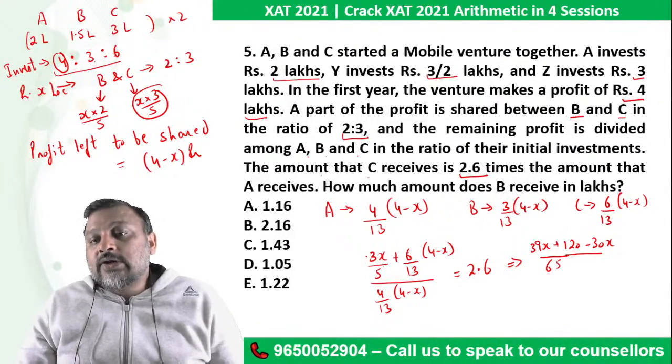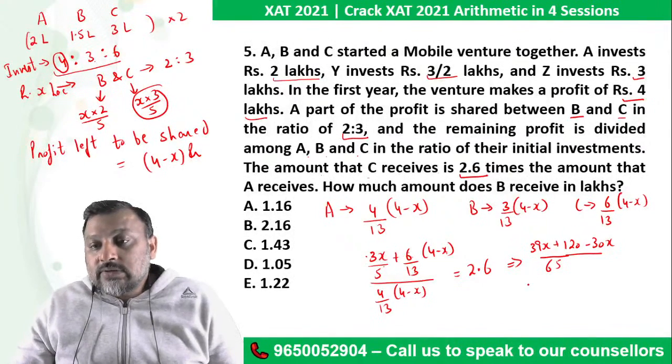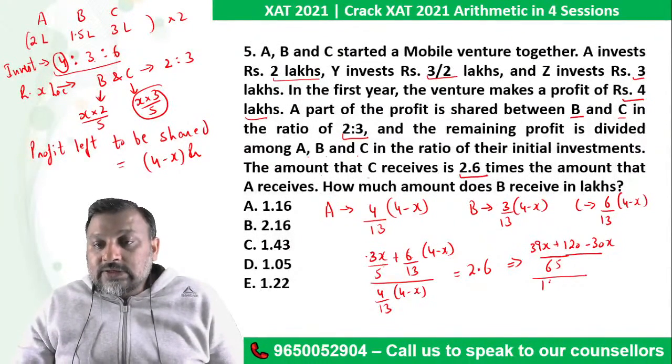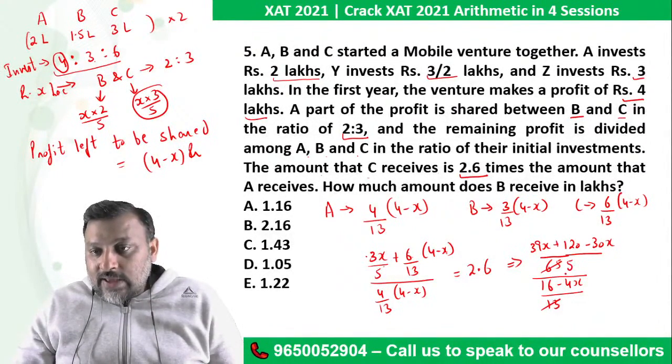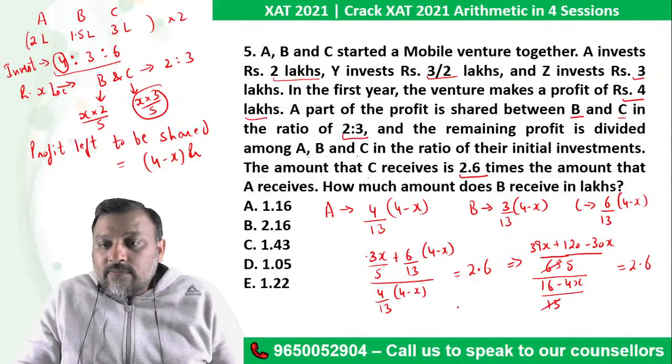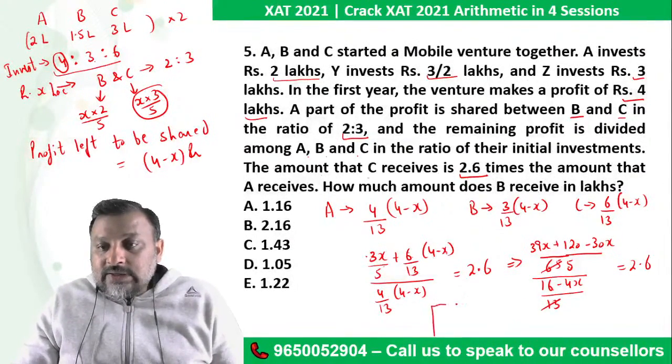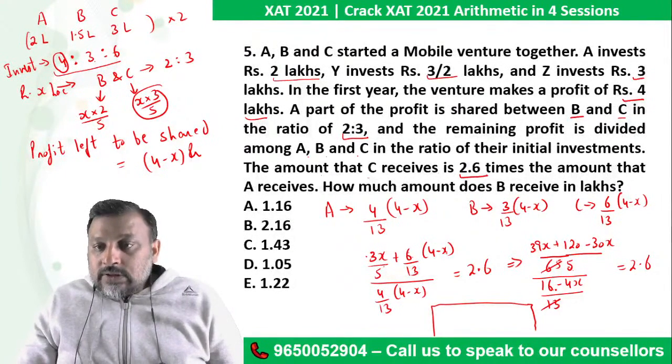So it is 30 into 4 and 30 into x divided by 16 minus 4x by 13. So again this will cancel out. Here I'll get 5, 2.6. So this 5 will multiply with this. So what you'll get is this 5 into this, so it is 39 minus 30, which is 9x,